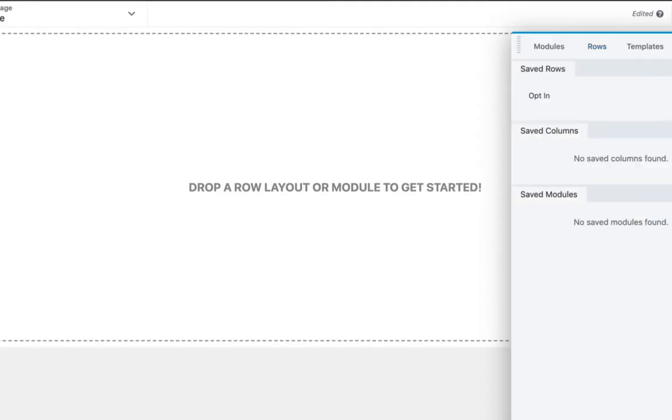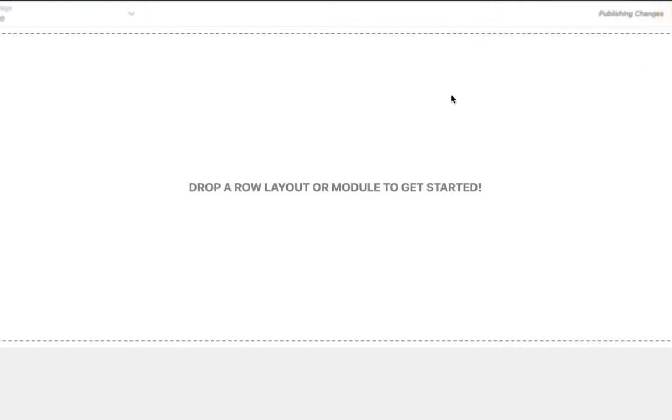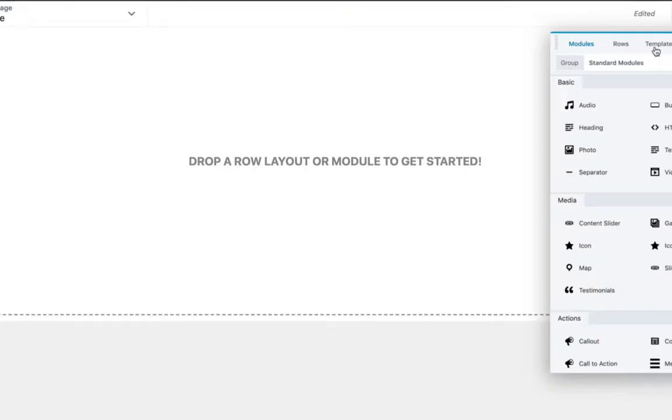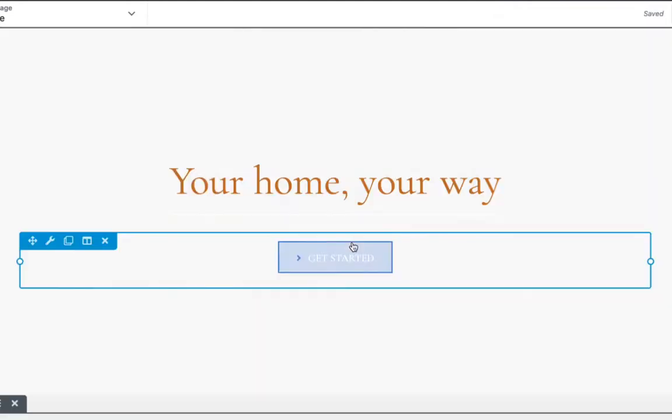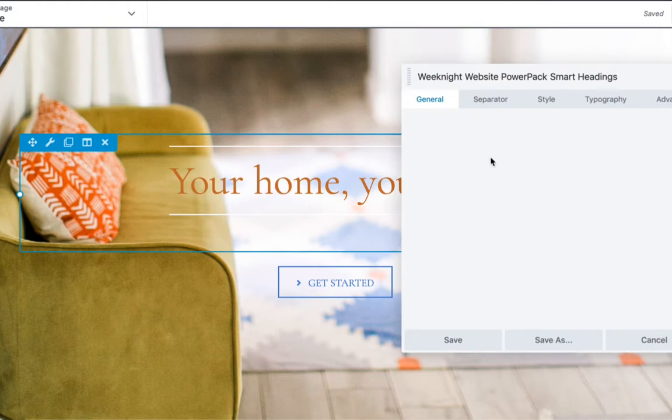And then we're going to reload this page so that it knows to grab that row. Update, please. Open the builder. And here it is. Okay, so I'm just gonna drag this guy in, and then I'm just gonna change my